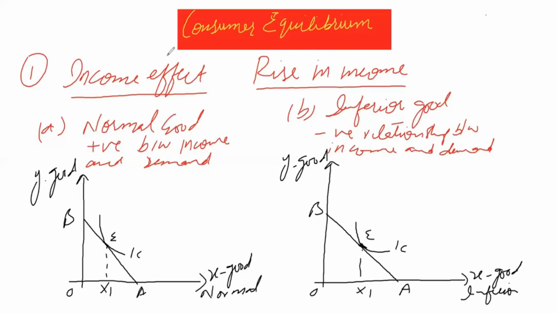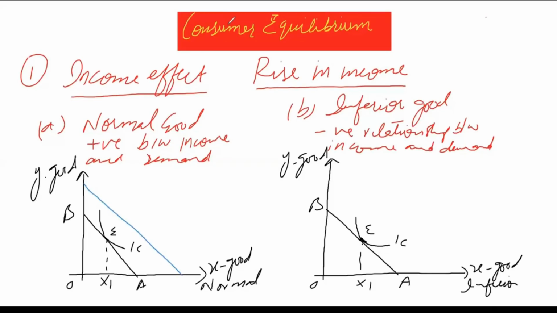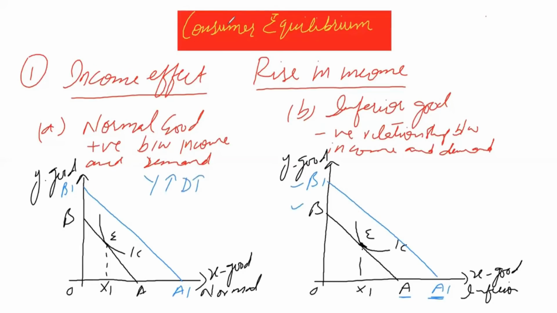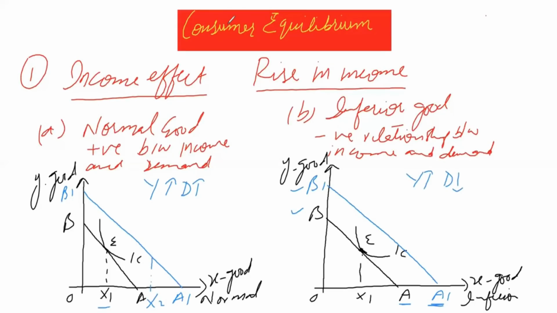Now what will happen if there is rise in income of consumer? Rise in income shows increase in purchasing power of consumer, so budget line will shift from A1 to B1 in the left hand side graph as well as in the right hand side graph, because whenever there is rise in income, it increases purchasing power irrespective of type of goods. It shows how much maximum quantities you can purchase. So we will consider this point that rise in income will completely shift budget line to the right.